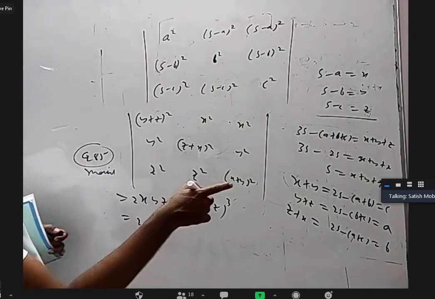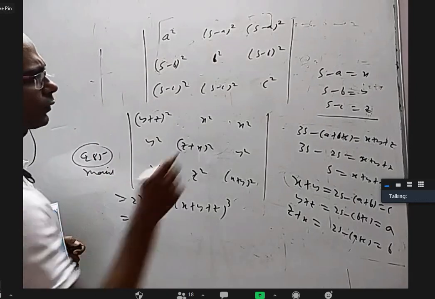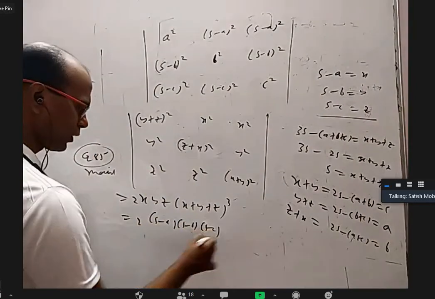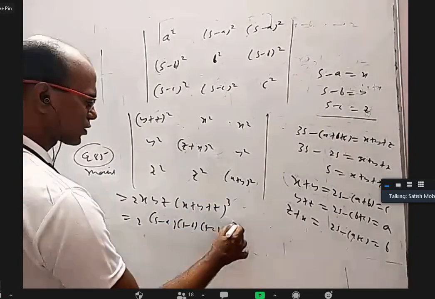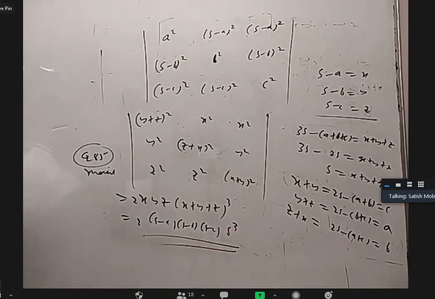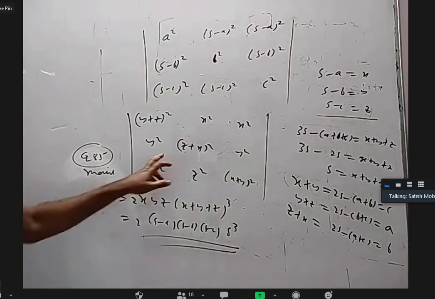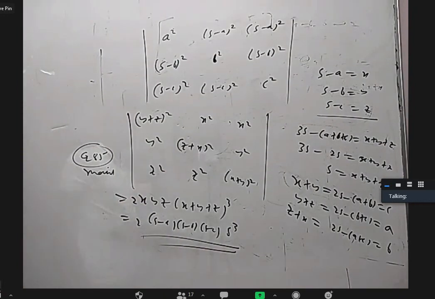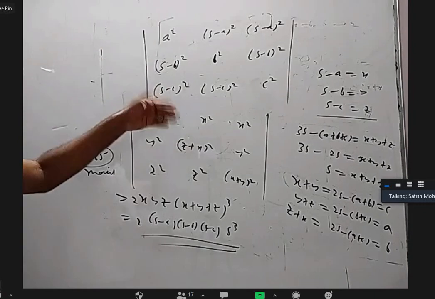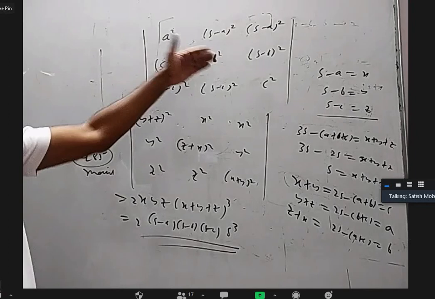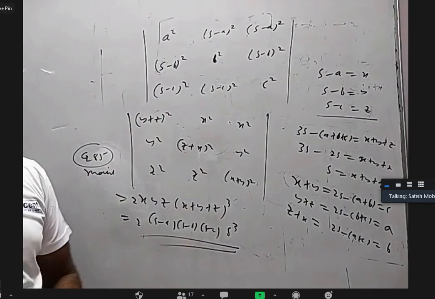What is x? Now S minus A. So you'll get S minus A, S minus B, S minus C, and this x plus y plus z will be S cube. So look at the solution of 85; odd numbers only we did in the class. You will know how to proceed from here. If you want, you can do it from this form also, but you have to repeat the process that I did for 85. But if you convert this into this form, it is one of the questions that we already did. Is it okay?